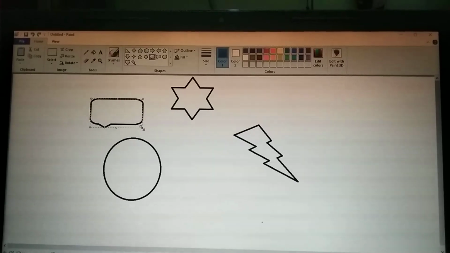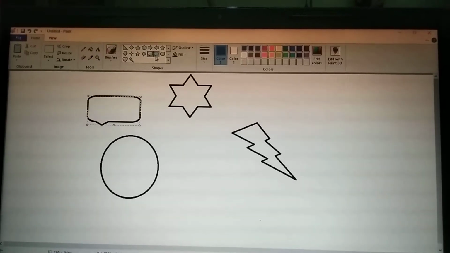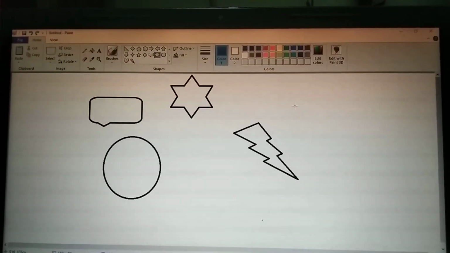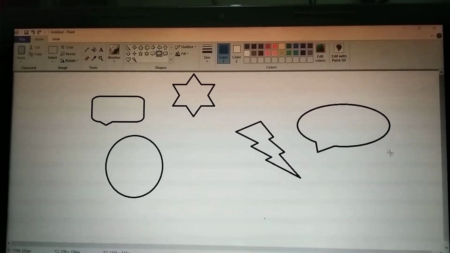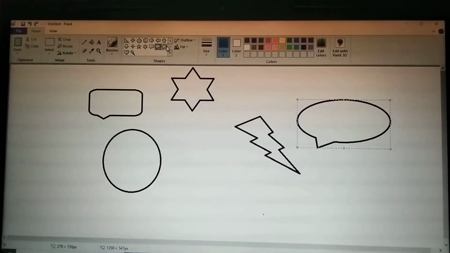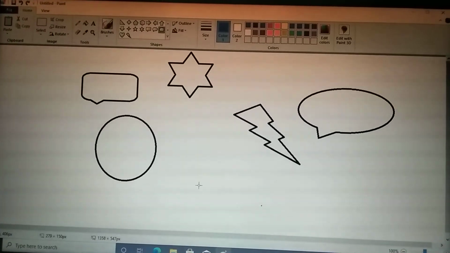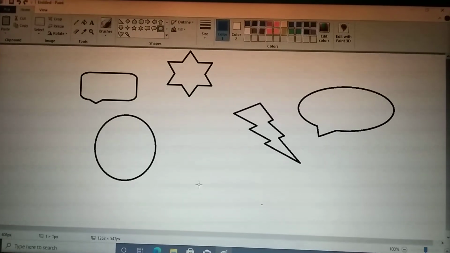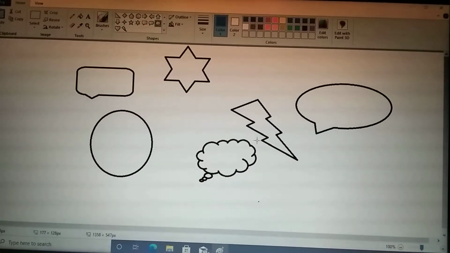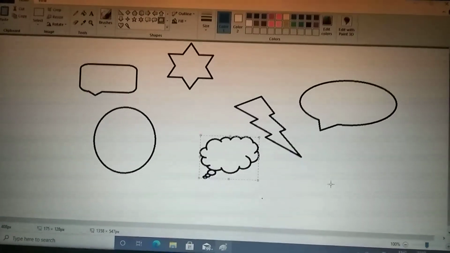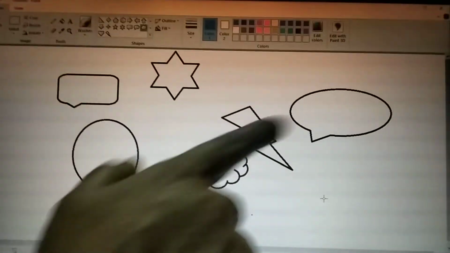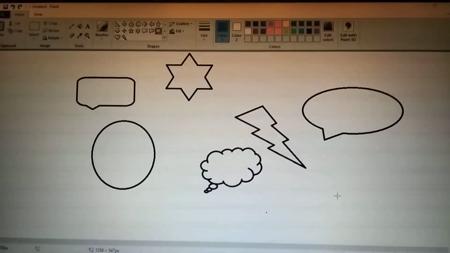This is one callout shape, this is another callout shape, and this is the third callout shape. This is the cloud callout shape. These three are callout shapes.